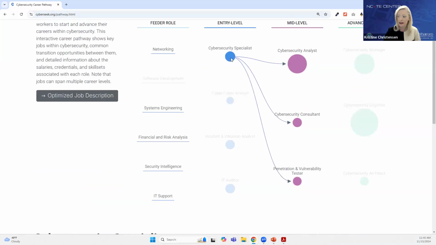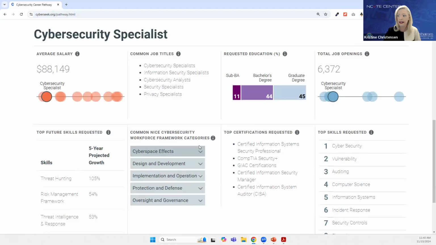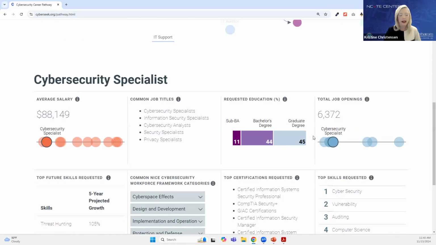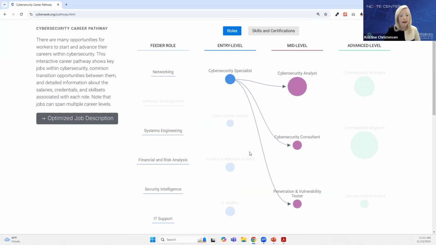So let's just look at cybersecurity specialists to show your students what kind of skills they need and what kind of certifications are required and what the job growth is. They give you an abundance of information so that your students can make an informed decision of how their career path is going to be. That's the really good thing about this. Another thing that this tool offers is the flexibility, because it spans over multiple career levels, showing that students can grow and pivot. There's tons of on-ramps and off-ramps in cybersecurity. So it's one way for students to explore their career options and map out their future in cybersecurity.